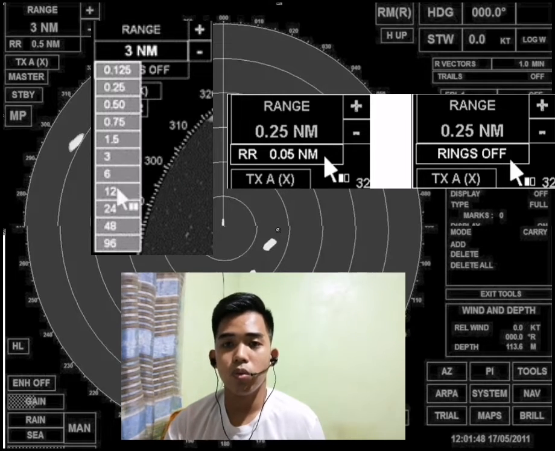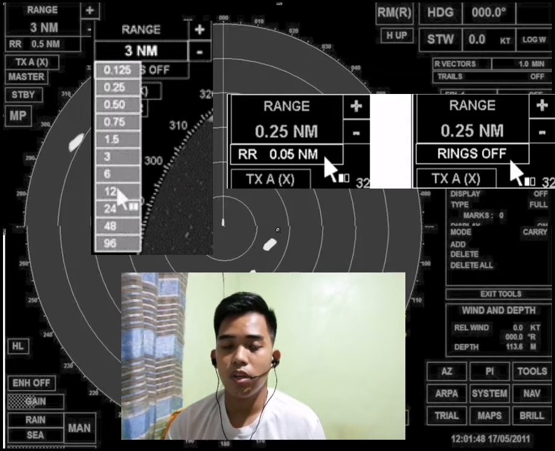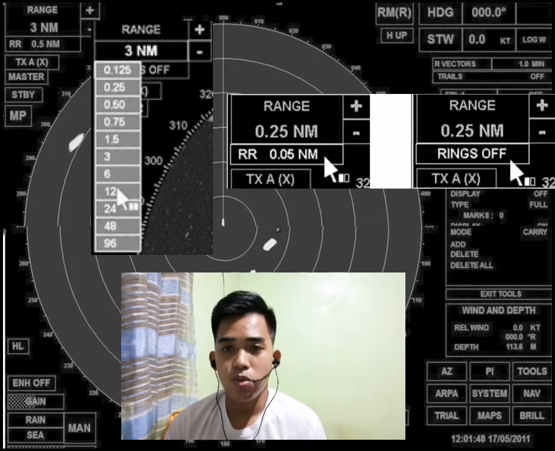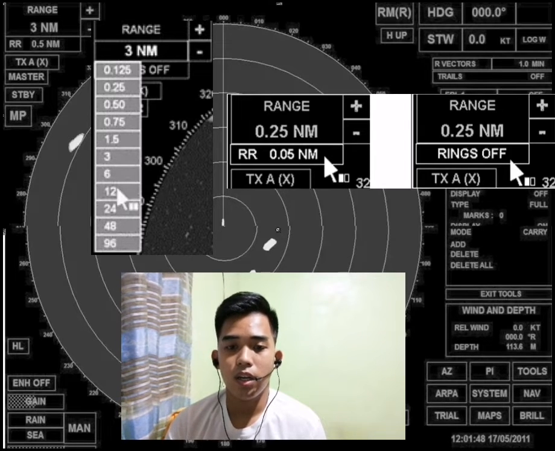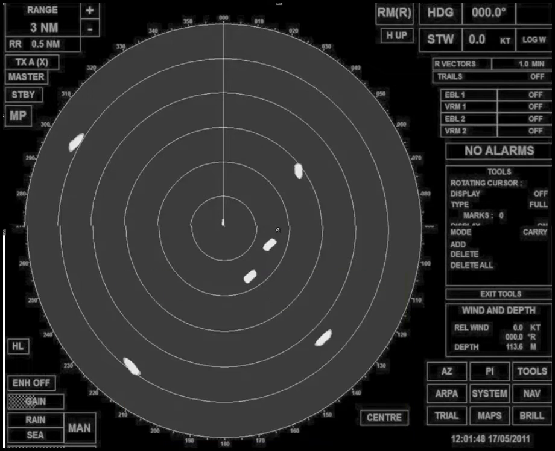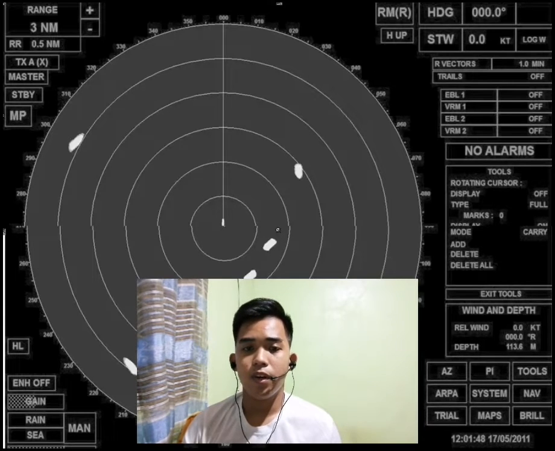Then if we want to zoom out the range or lessen the range of the selector in rings, we can just press the minus sign of the selector. And for 11,